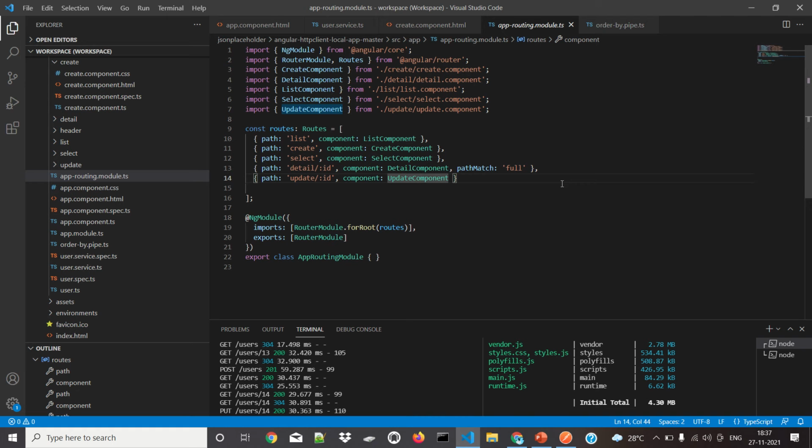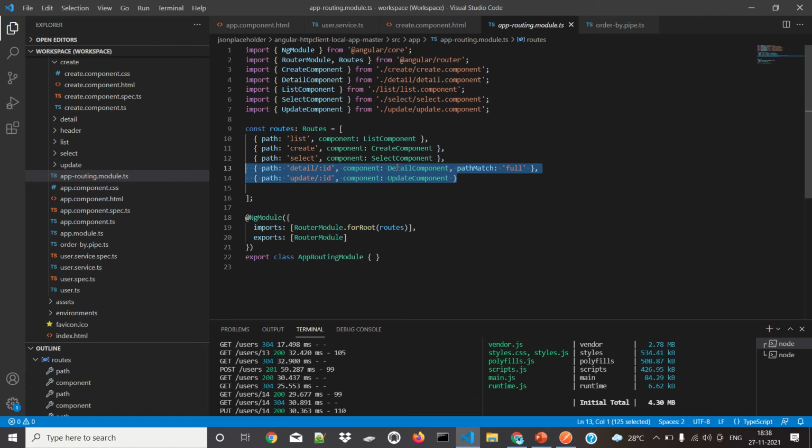Two of these entries contain an ID at the end, colon slash ID. If I am loading a detail page, I have to give the ID, and that is a must. If I am giving an update, I also have to give the ID. For the other things I can just give list, create, select.